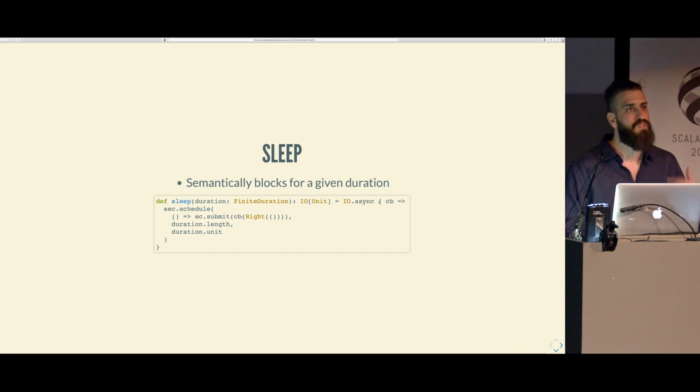This callback means the rest of the I/O. So I'm going to schedule a function to this schedule executor service for a certain length. And that function, in turn, is going to schedule the rest of the I/O into the thread pool. So there's 2 hops here. I first go to the schedule pool where I sleep, and then from there I go to the actual pool